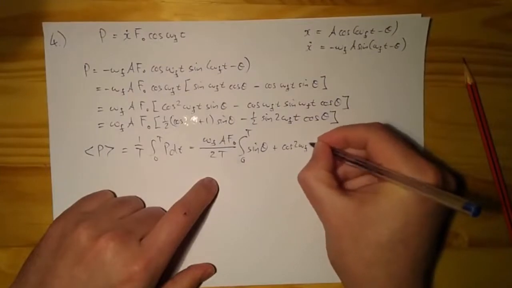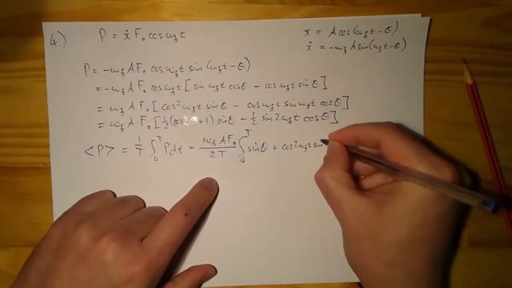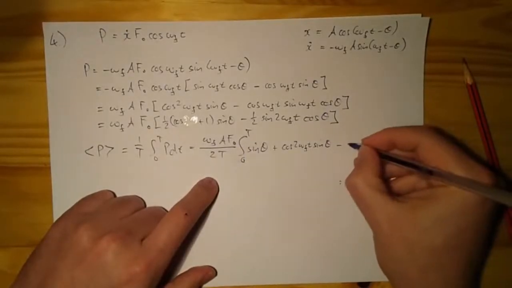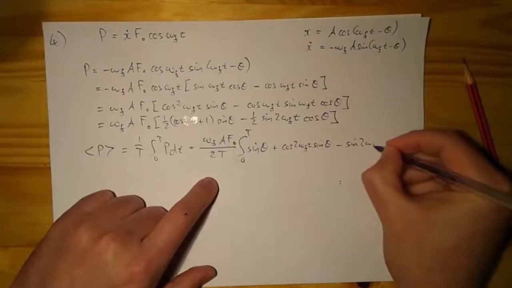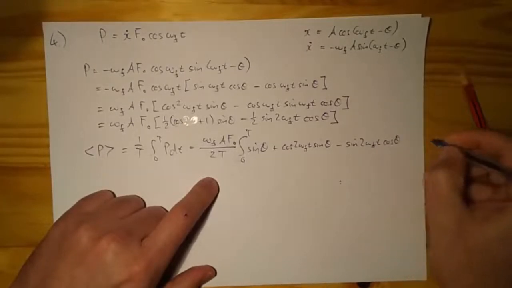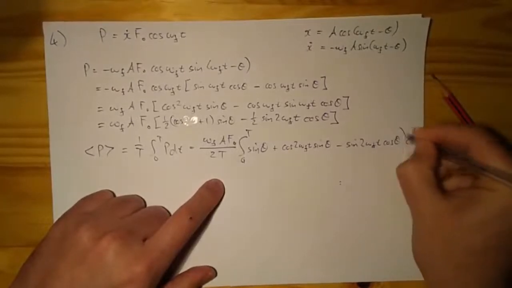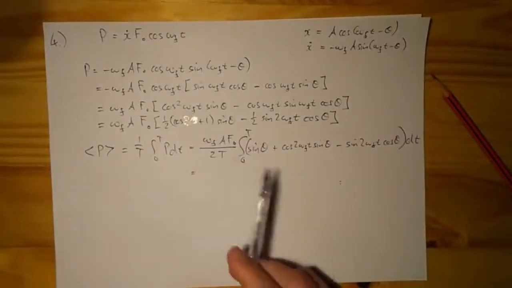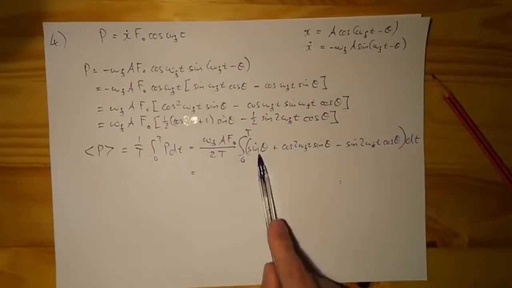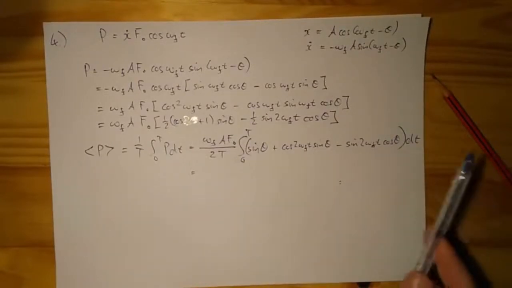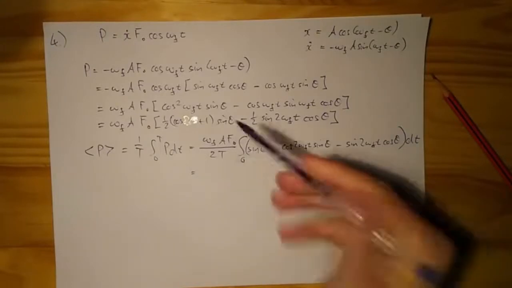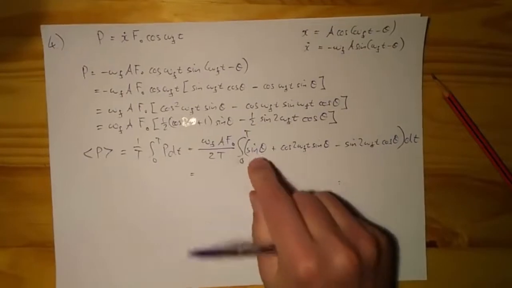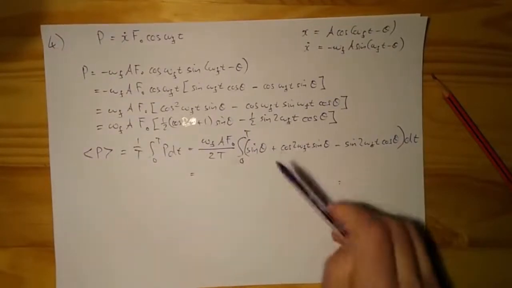2 omega f t sine theta, I took it off, okay, minus sine 2 omega f t cosine theta, and dt of the whole story. Good. All right. Now, the definite integral of this is, of course, by basic definite integral properties, the same as the integral from 0 to T of this plus the integral from 0 to T of this